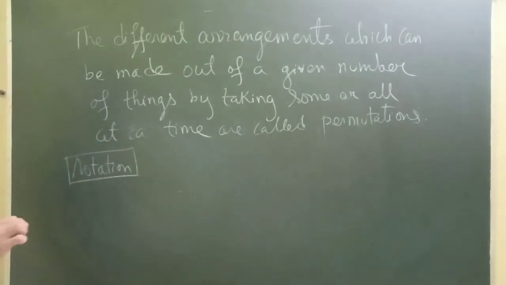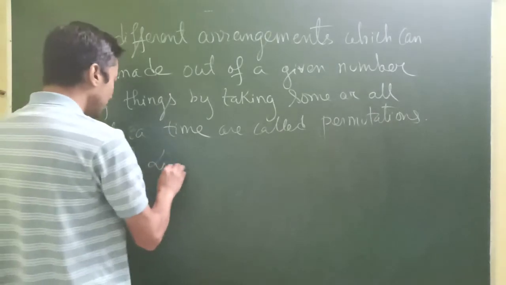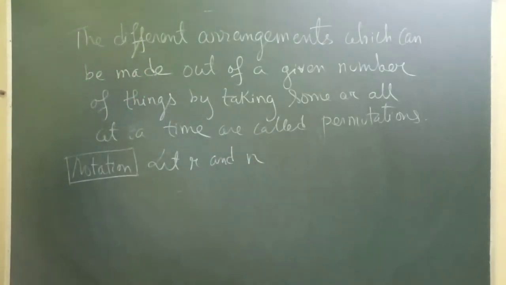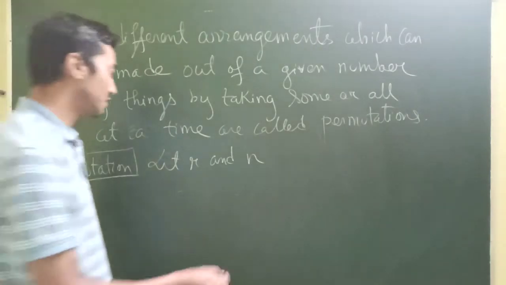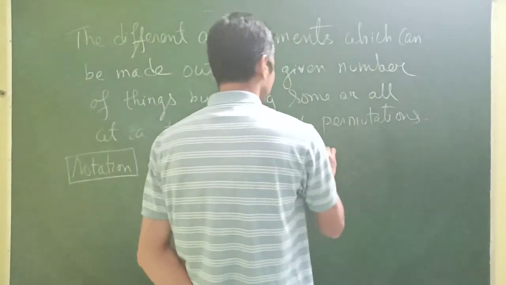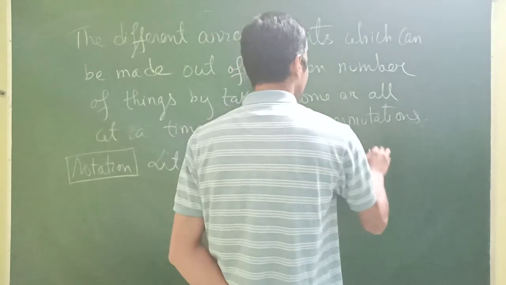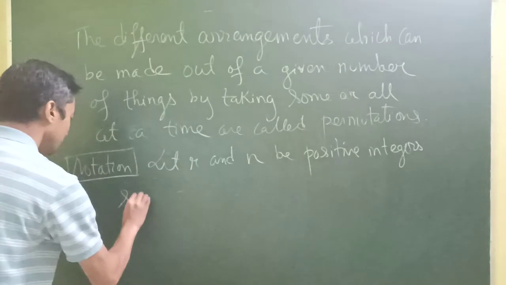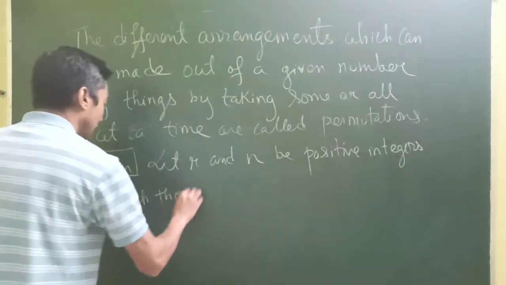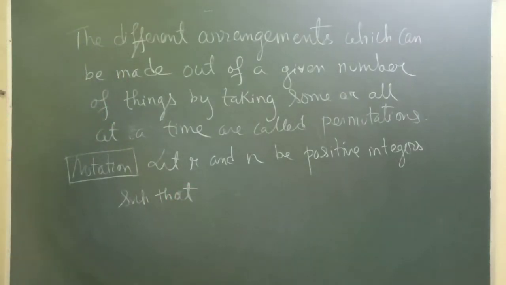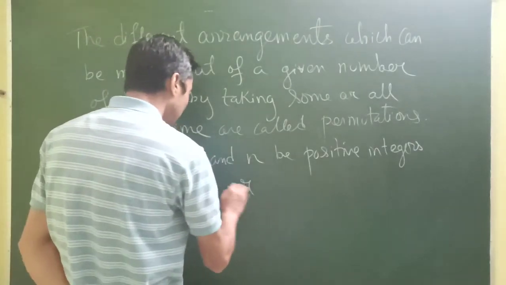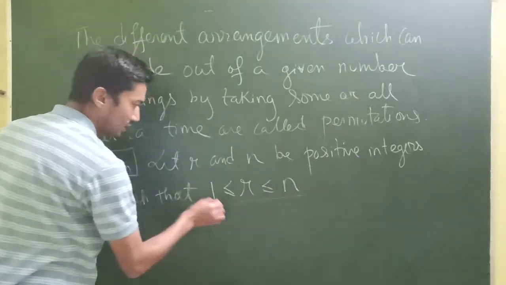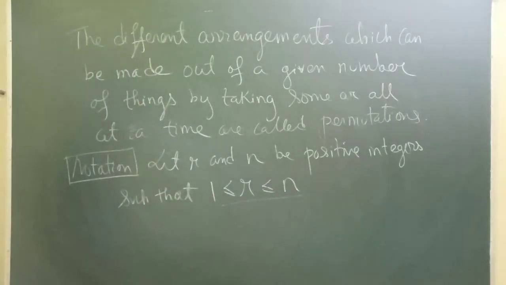So how do we denote it with notation? Let r and n be the general letters that we generally use. Let r and n be positive integers such that r is greater than or equal to 1 but less than or equal to n. I'll come back to this point very soon. Then